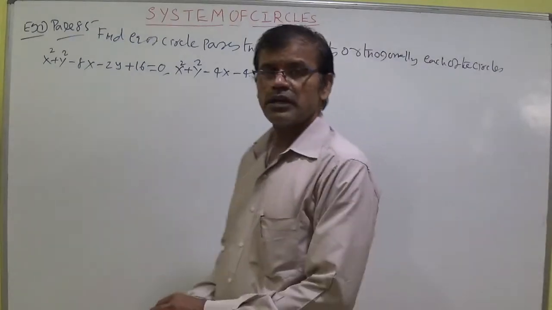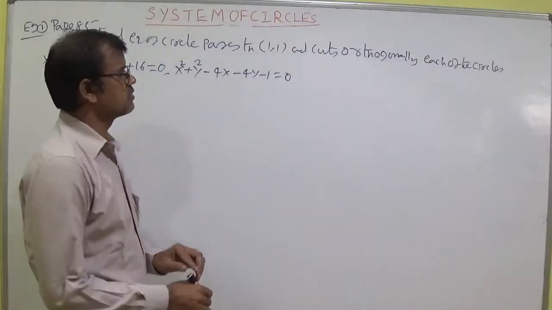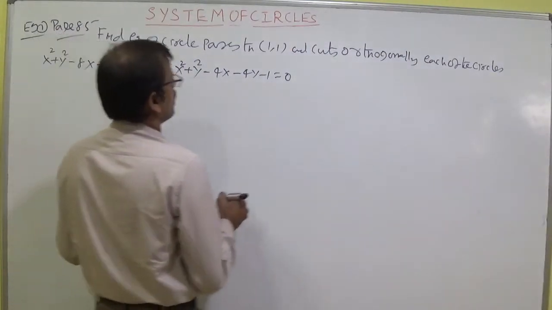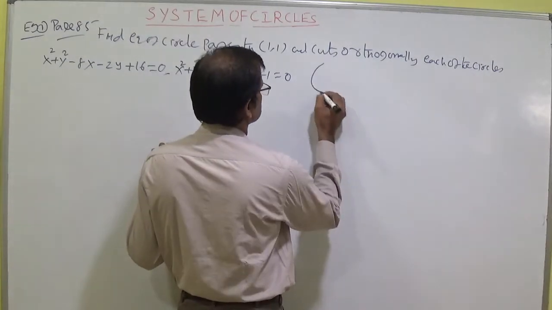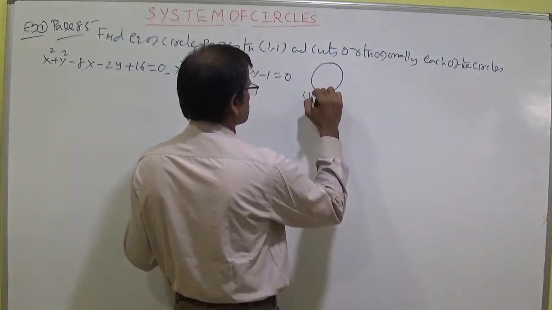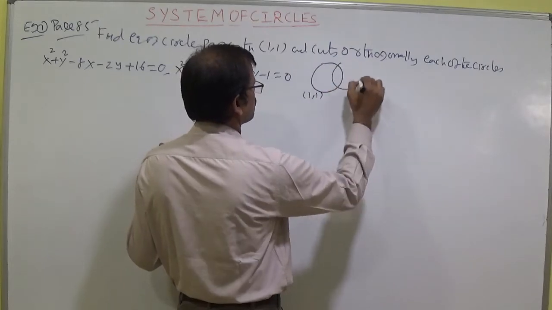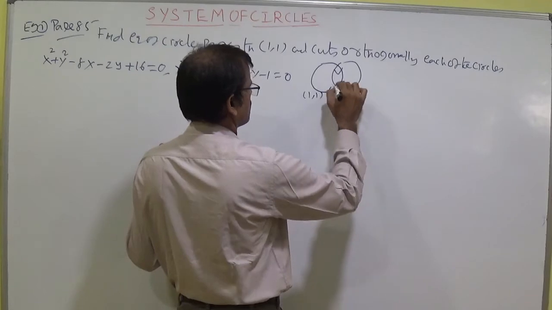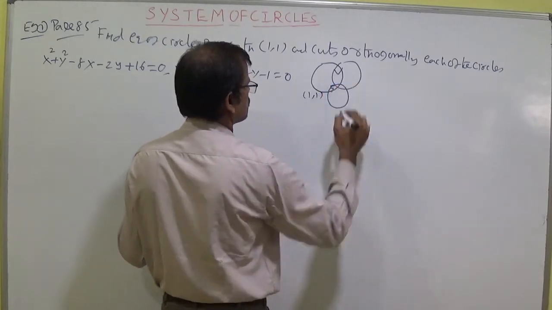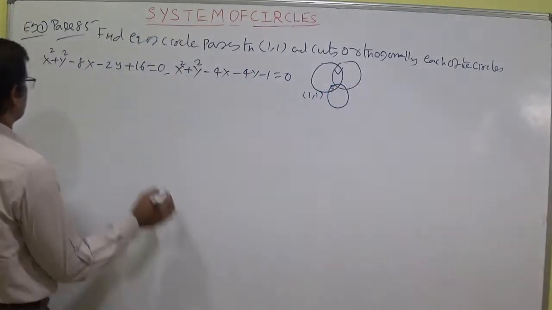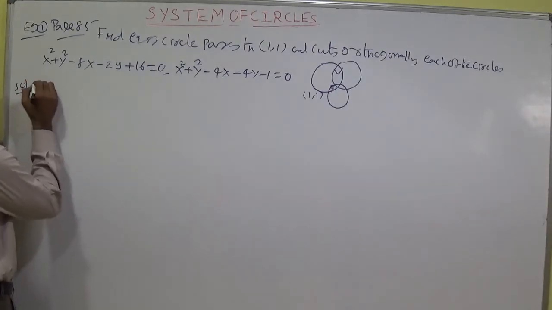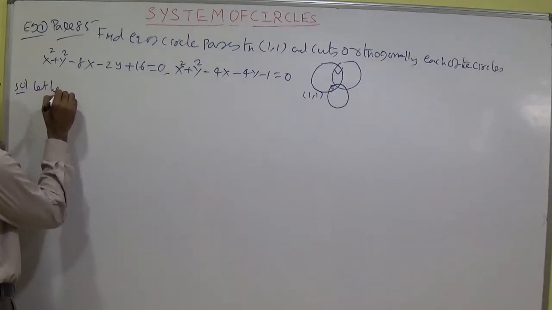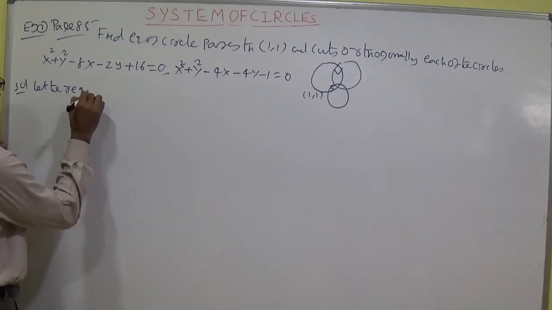Here we should calculate an equation of circle which is passing through a point and orthogonal to two circles. A circle which is passing through (1, 1) and orthogonal to this, at 90 degrees like this, and at 90 degrees like this. Orthogonal to two circles. This is a rough diagram. Let the required equation of circle be